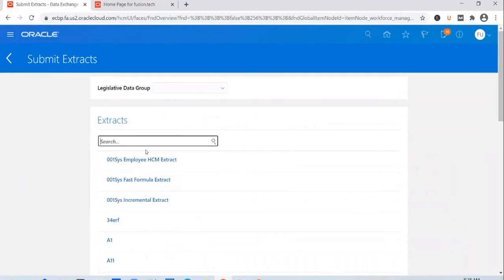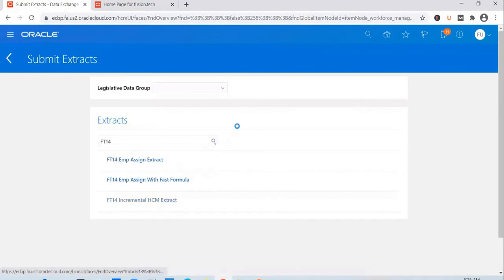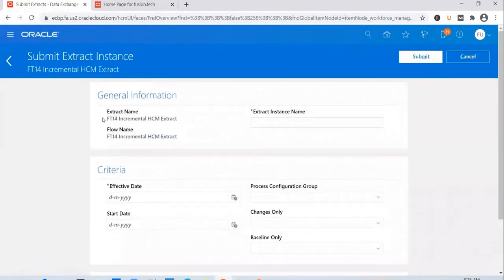None of the employees are updated or created. So let's search for the extract and run it one more time. Run 2.